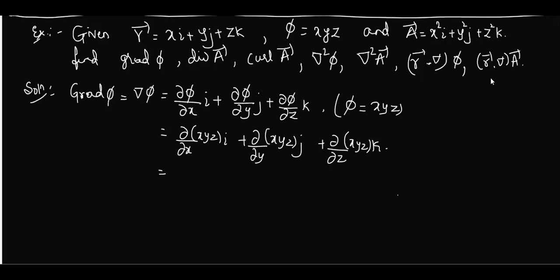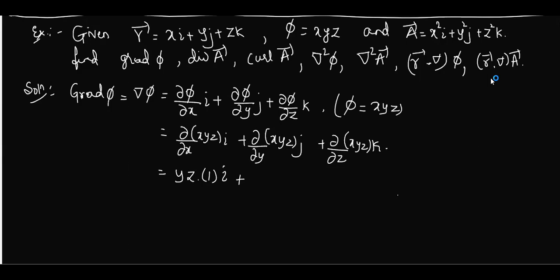It's partial differentiation of this bracket with respect to x. So if other terms are there, we have to treat them as constant. x is a variable. Which are constant? y and z. Now remaining x with respect to x, what is the derivative? 1. Then what happens to i? i will be again a constant. It will remain the same.